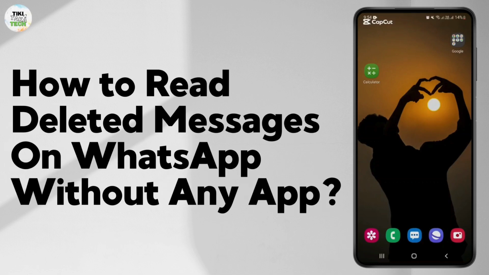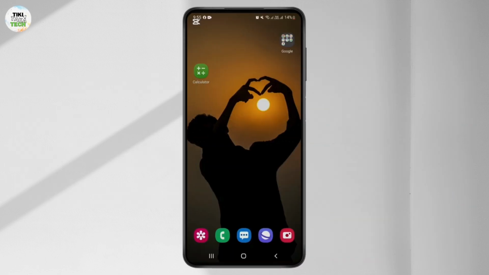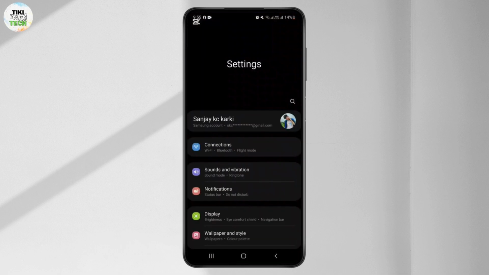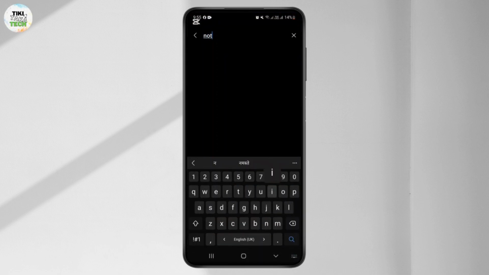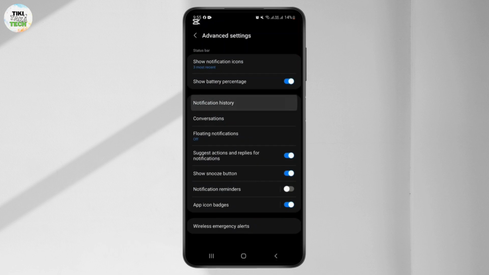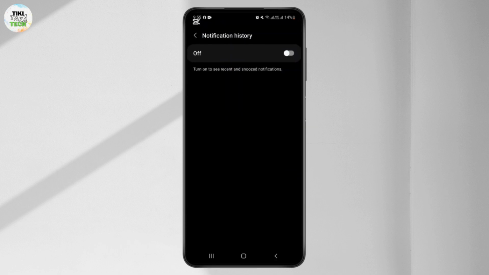How to read deleted messages on WhatsApp. In this process, you will have to open your settings and search for notification history. Simply go for the option called notification history and turn on this notification